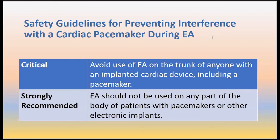Yeah, try not to use it, even without a pacemaker. With a pacemaker, we totally do not use it. But with a severe heart issue, we still try not to use it. That's what we are talking about, because it may cause heart problems. So for any kind of patient, if we use